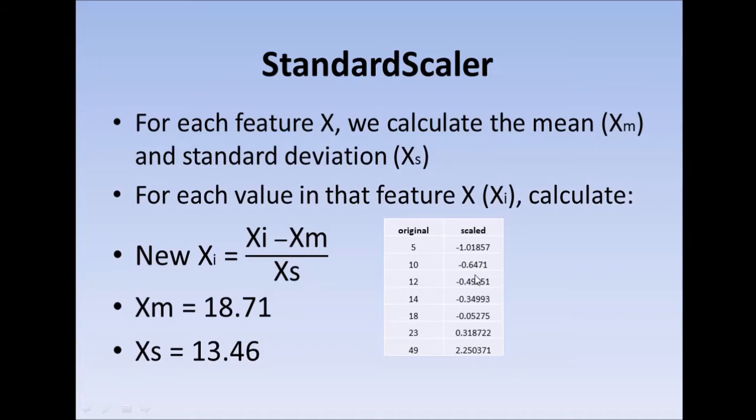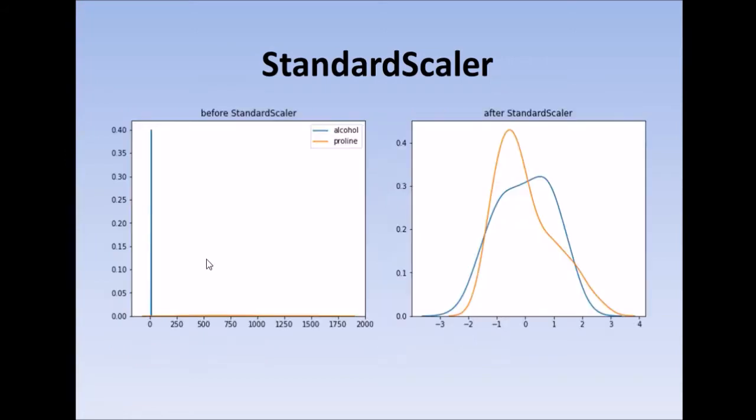Now if we calculate the mean of these scaled values, it will be 0. That is because we are subtracting the mean from each particular observation, and hence the mean has been shifted to 0. Now if we also calculate the standard deviation of these scaled values, it will be 1, because we are dividing each value by the standard deviation, and hence the standard deviation of the entire column will be 1.